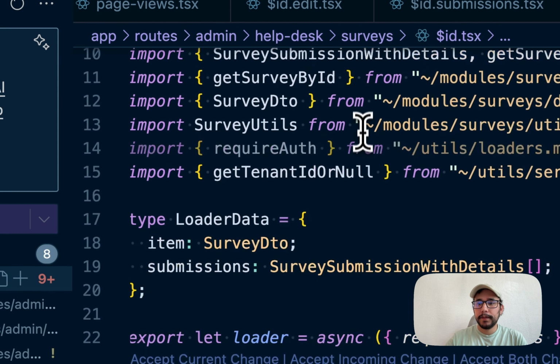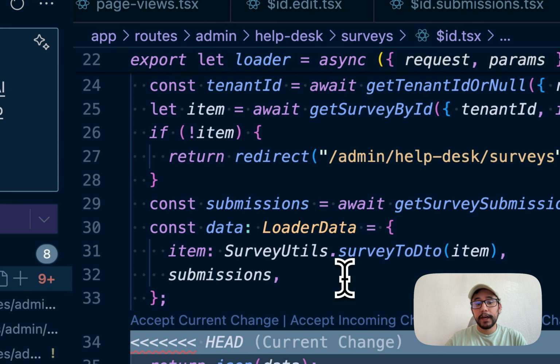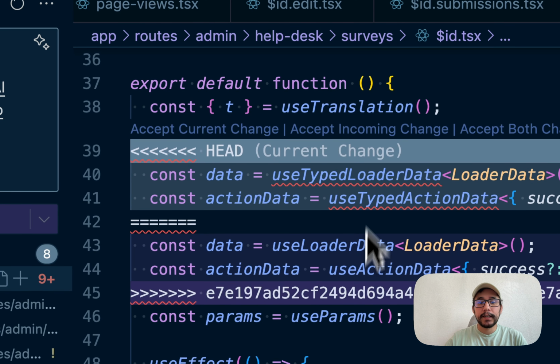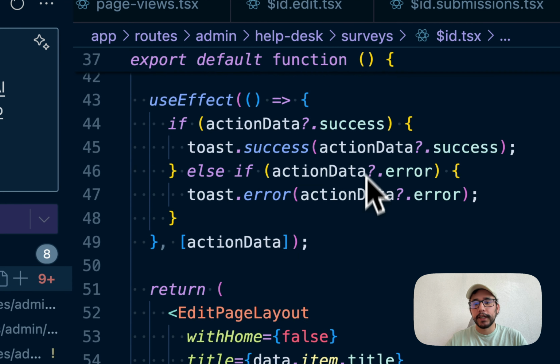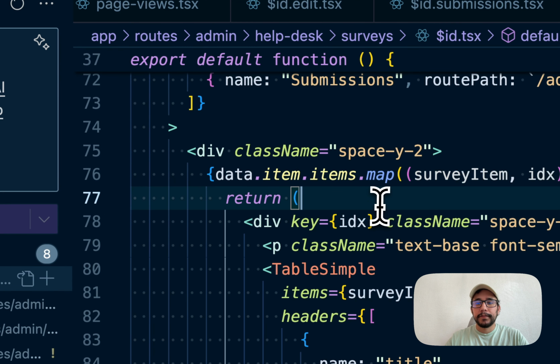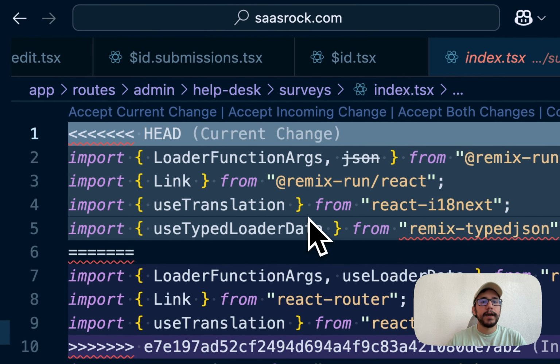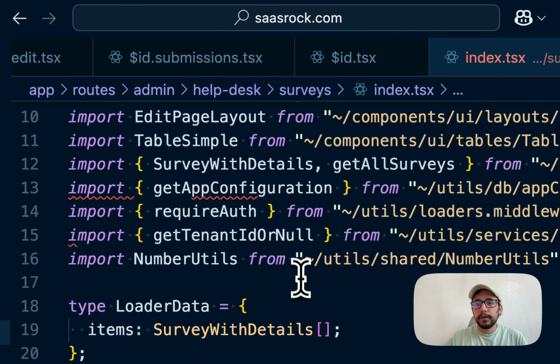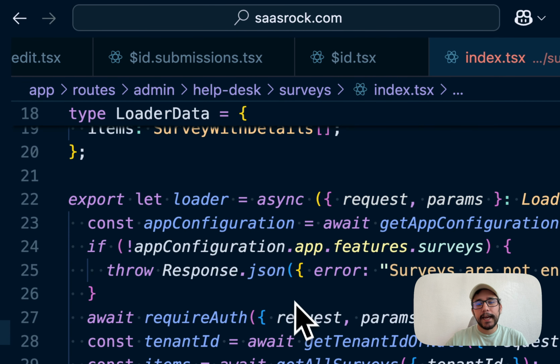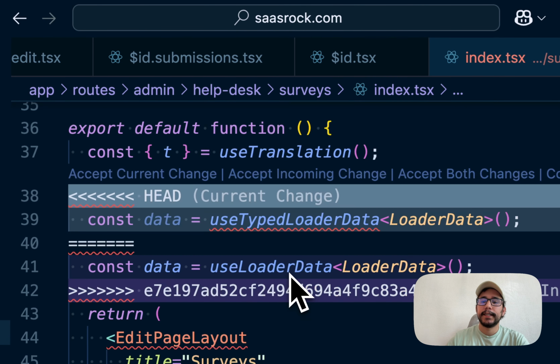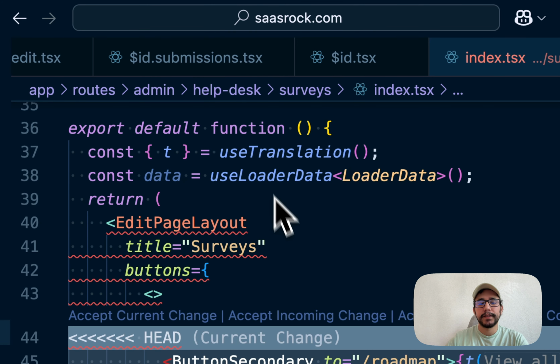So again, incoming, but you need to be very careful of not just blindly accepting the current change or incoming change because you may have done a specific implementation on a specific route or function or service file or even a database model. So all of these changes are quite scary, but necessary for the